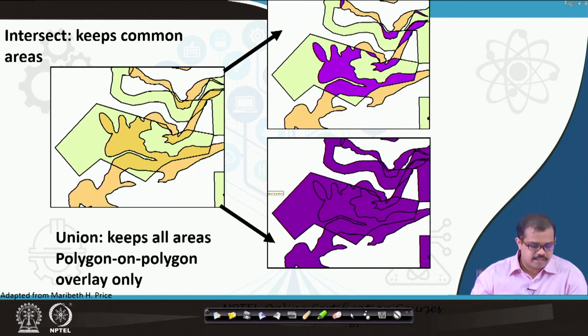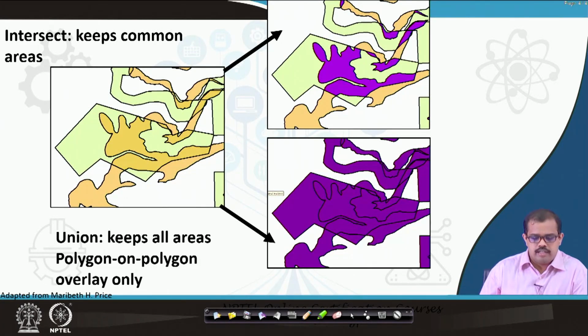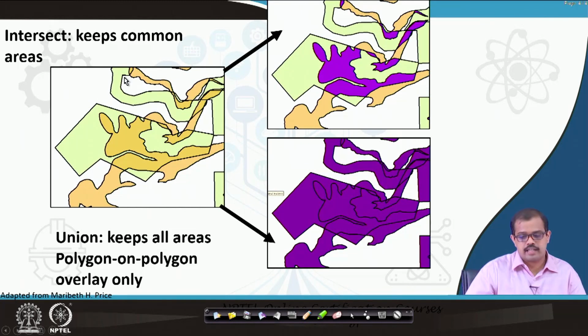This is one example from Professor Maribeth, who showed how an intersect tool can help in various analyses. For example, this is one area, and you intersect and union. If this is the region that we are trying to analyze and there was some error or calamity in this particular region, when you look at intersect, what it basically does is give you only the region which is affected, with two data sets.